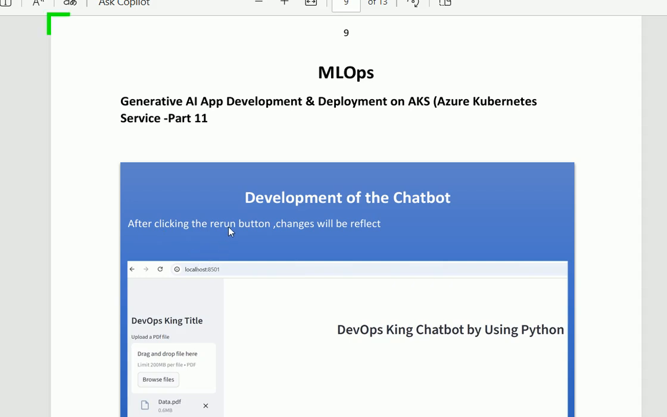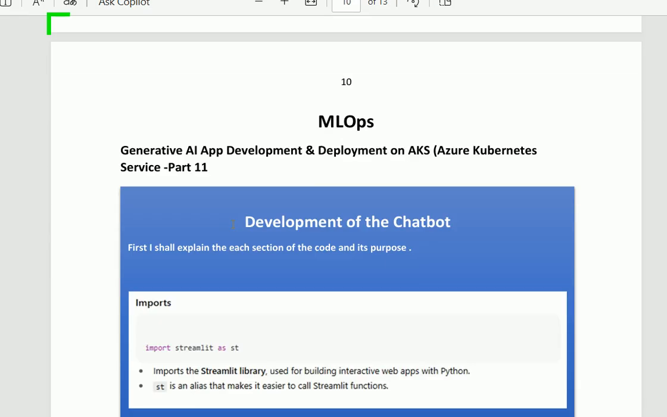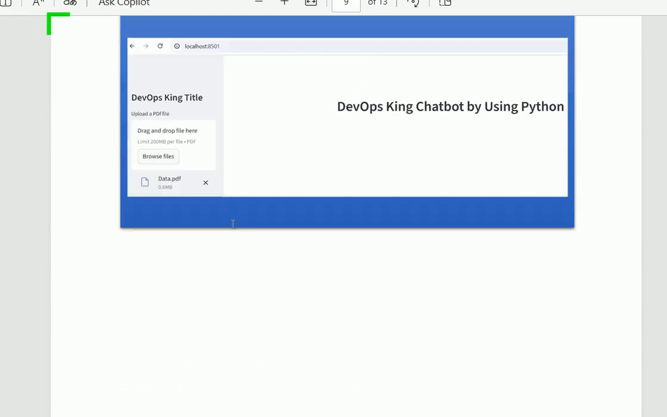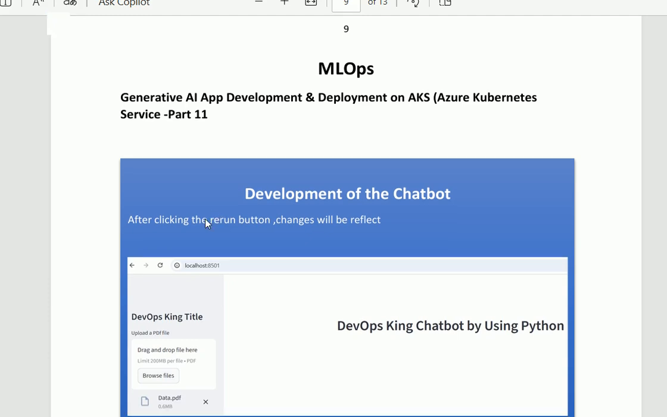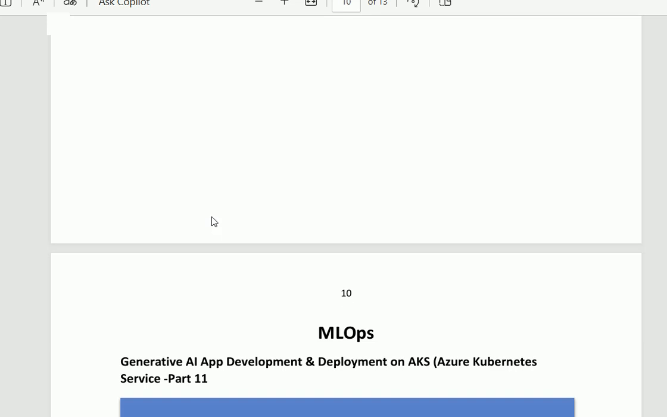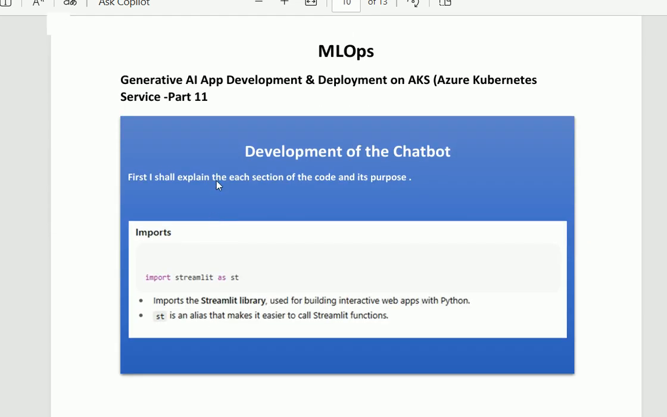After this step, I shall explain each section of the code step by step, so that when I fully explain the code of the application, there is no issue at all. First of all, I would like to explain each part of the code. The first one is